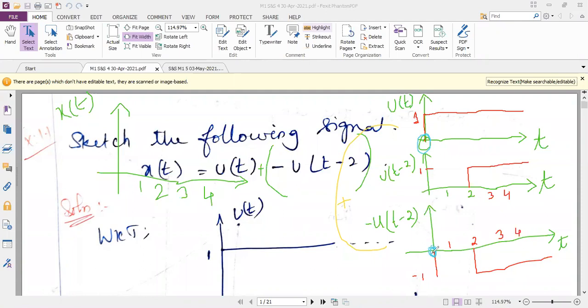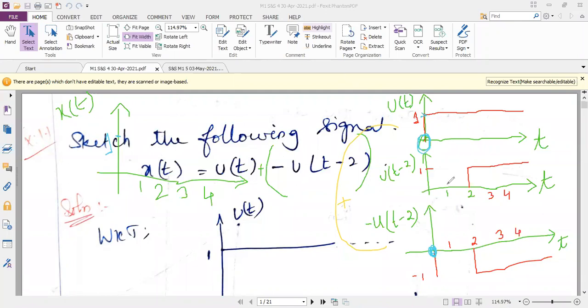And I have to add with the third signal. In the third signal, what is the amplitude at t equal to 0? Minus 1. Check whether it is minus 1 or 0. Check the diagram. 0, ma'am. 0. See, at t equal to 0, I have an amplitude 1 here. But in the last diagram, my amplitude is 0. So when I add both, will I get the amplitude as 1 at t equal to 0? Am I right? Yes, ma'am. Yeah. This has to be continued up to, just guess and tell me.